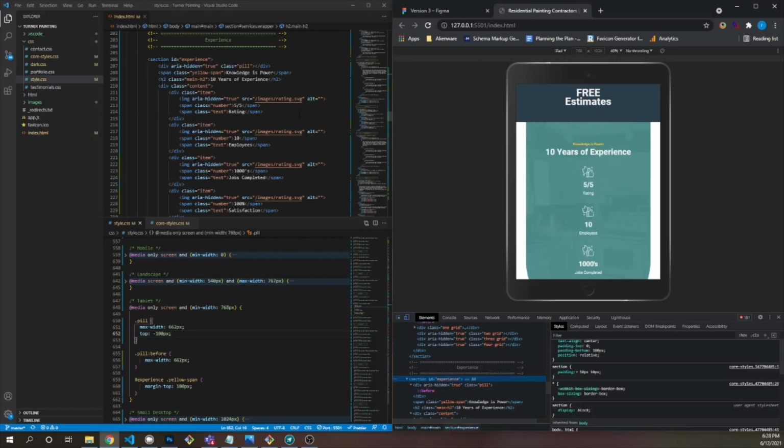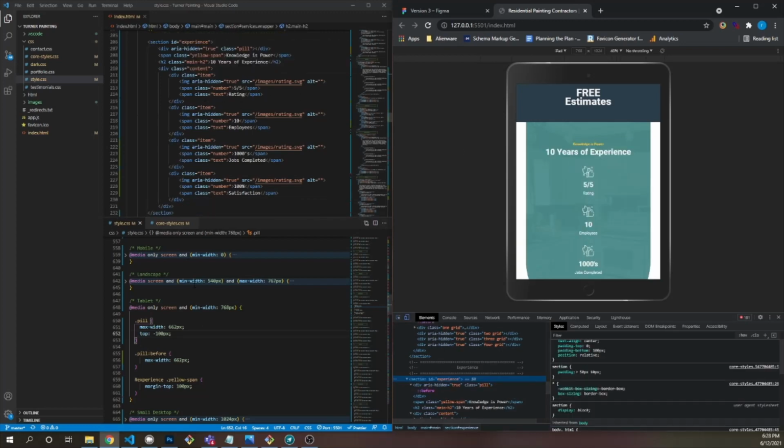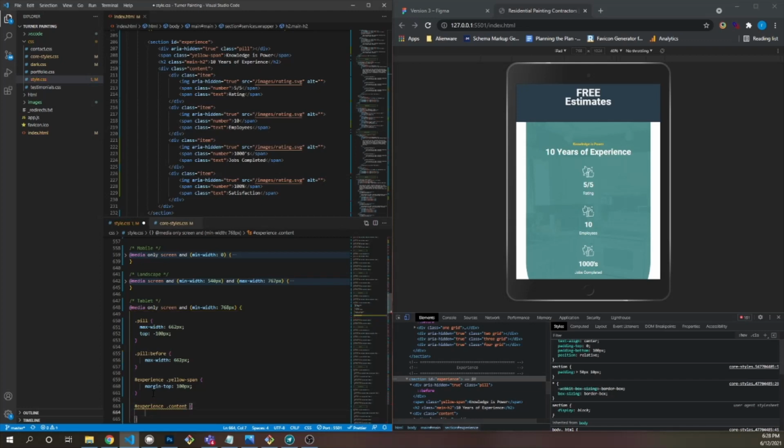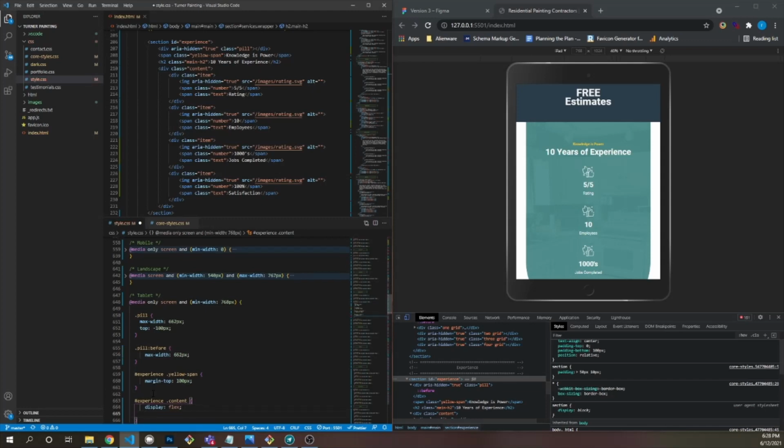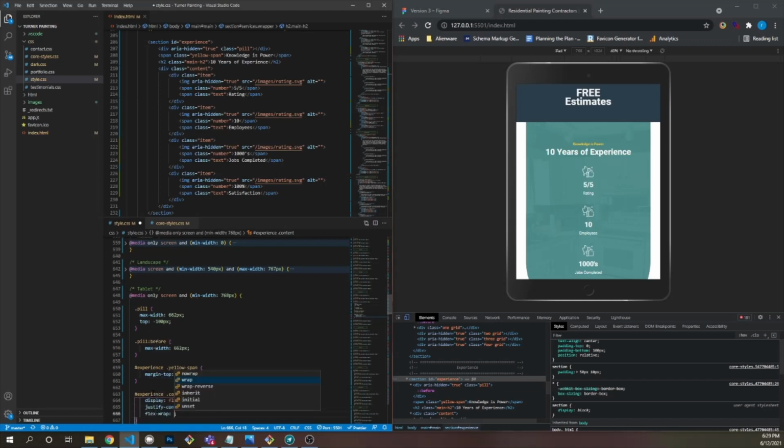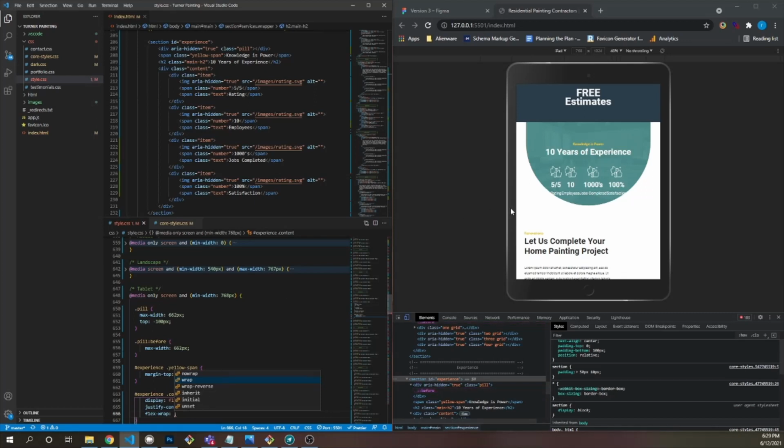So I want to take the content and I want to make it a flex container. So here's our flex. I just forget direction row. Direction row is by default. I don't know, I just keep doing that out of habit. So justify content center, flex wrap. So it's gonna do this unless because they can fit, right? So I want the item